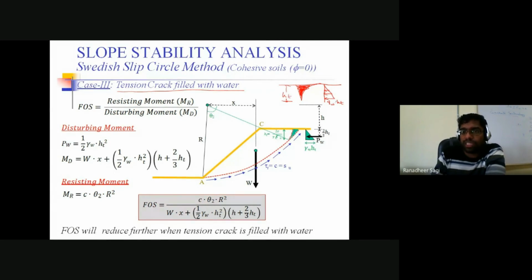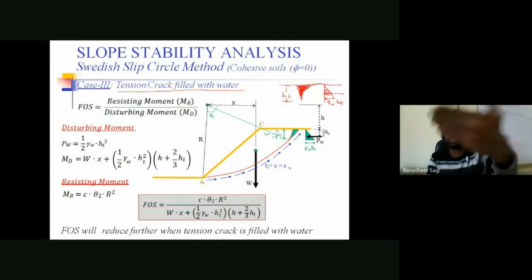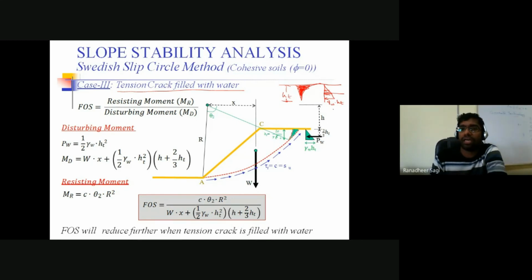And this pore water pressure distribution, if I try to convert it into what is called a resultant force, so how do I calculate the resultant force? The resultant force is nothing but the area of that pressure distribution diagram. I repeat, it's nothing but the area of the pressure distribution diagram for every 1 unit width in this direction. Okay, and where do we represent that resultant force? The resultant force is going to be represented at the CG position.